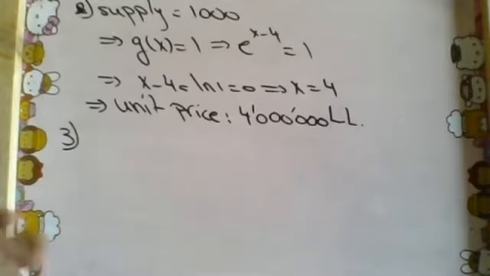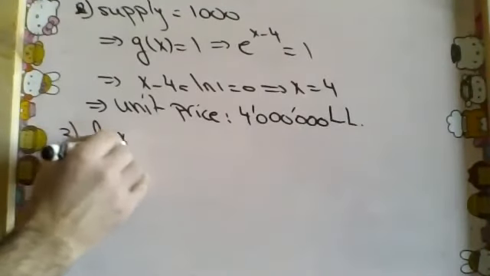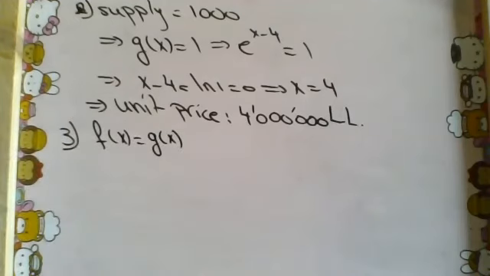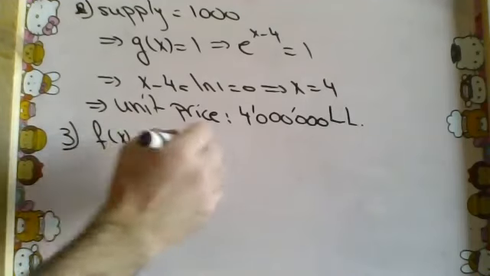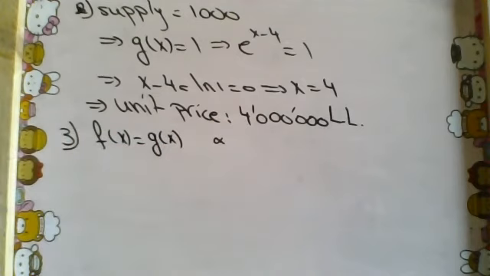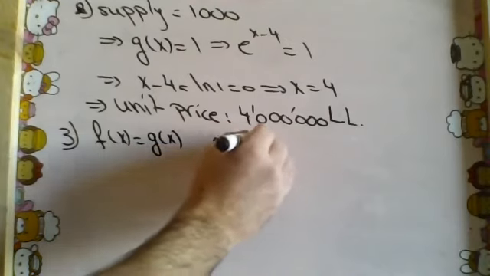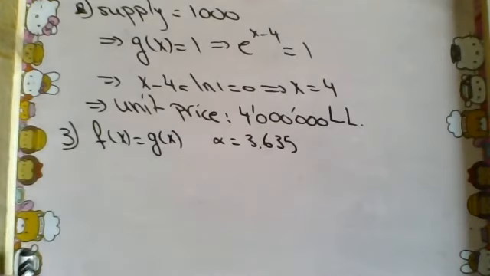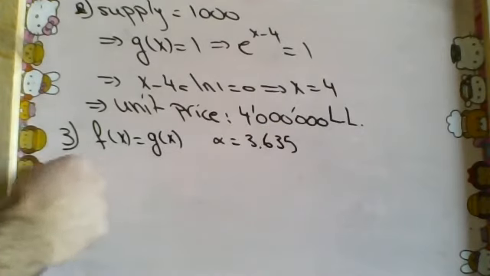Okay, back to part 3. They said the equation f of x is equal to g of x has a unique solution alpha in the interval J, and they said that alpha is equal to 3.635. Okay, before we read part A,